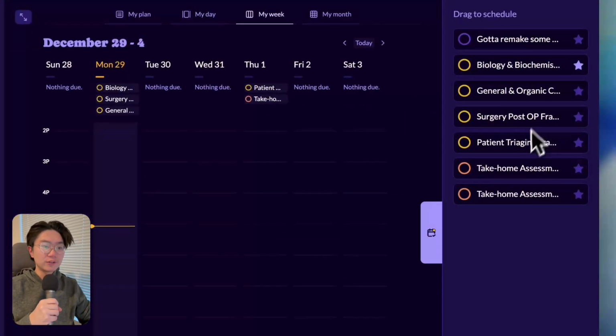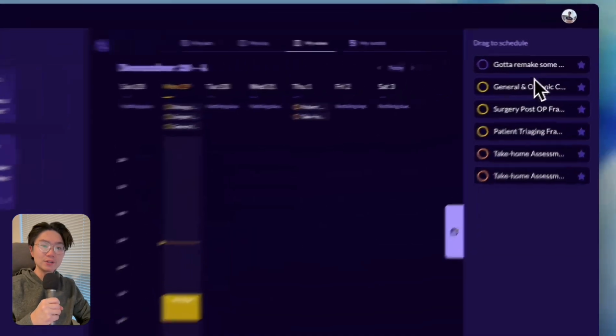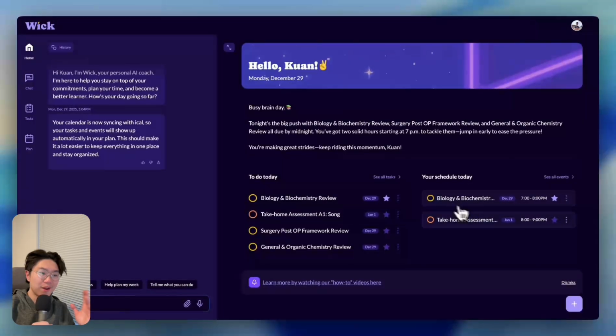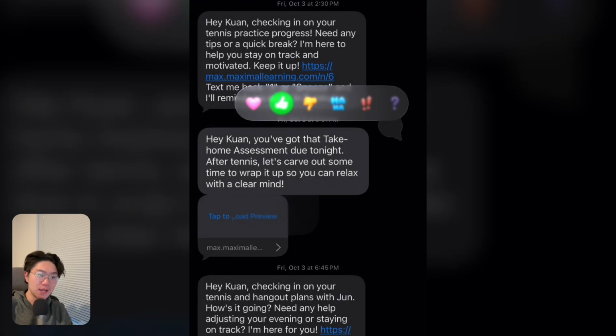Next up, if I head over to the plan section, I can even drag all of those unscheduled tasks into my calendar so that I now know exactly when to work on them so I don't fall behind. And now, when I go to the Home tab, I see all of my priorities for today neatly and easily laid out for me to see, and Wick will also text me via SMS when it's time to lock in